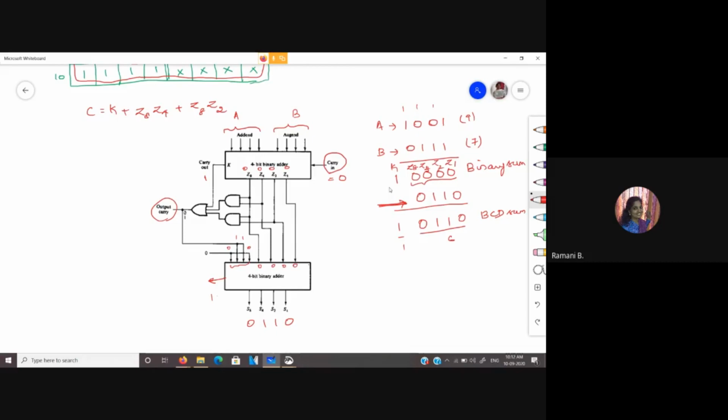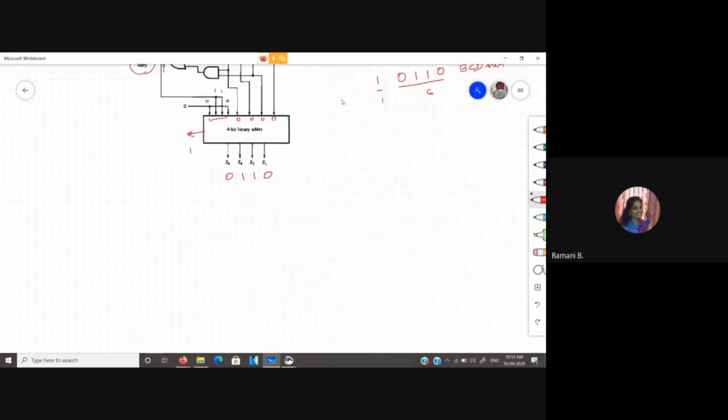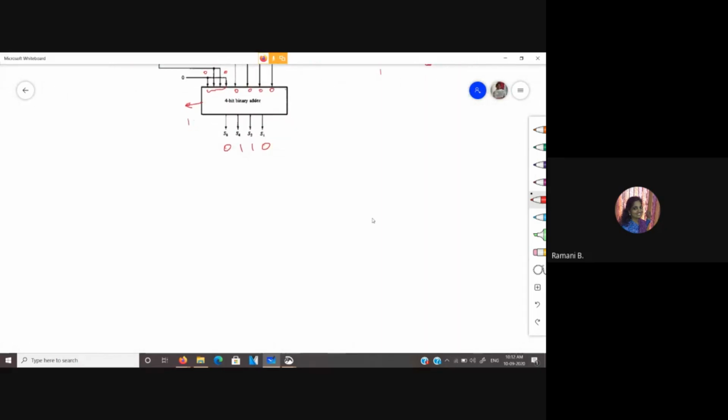Not with respect to the carry K, that is when your binary sum is 0 to 9 value. So in that case, the OR gate will be giving the output 0 only. So it won't add 6 to it. It will be simply adding a 0 to it and produce whatever sum you have over this thing. Maybe we shall see a small example for that also.